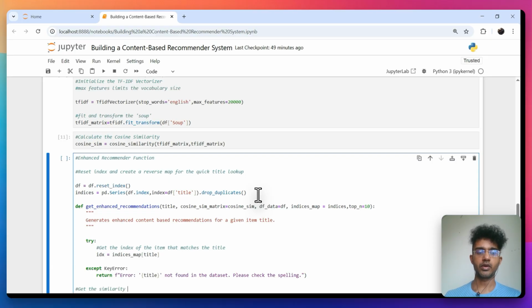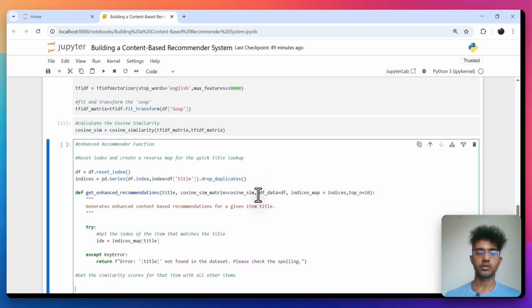Get the similarity scores for that item with all other items. That's the next step, right? Say sim scores equals list enumerate. So we use enumerate here because we want to generate a counter for every item in that list, right? That's a Python function. cosine sim matrix idx,